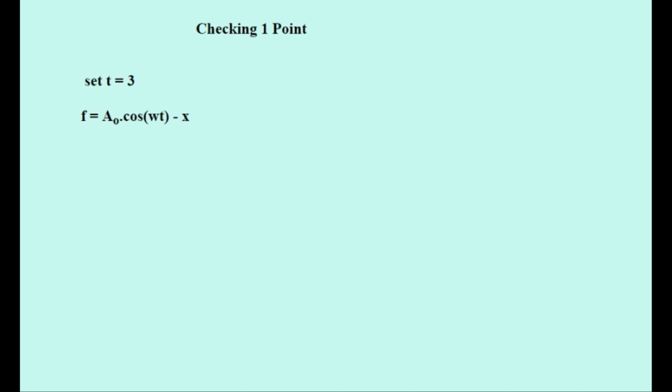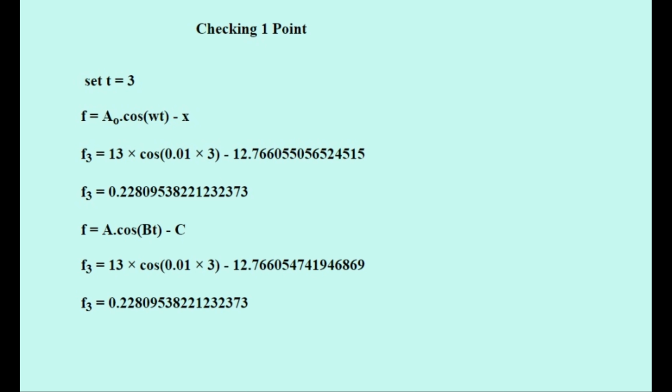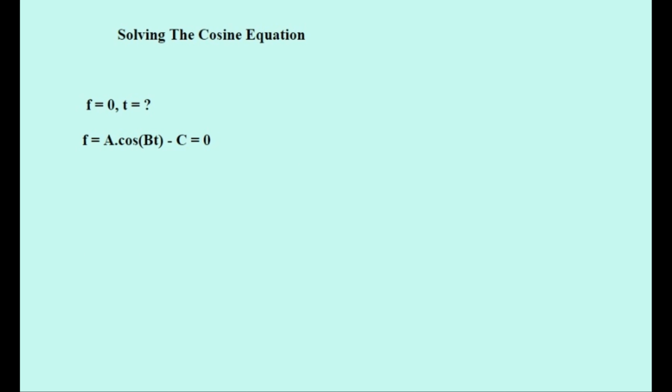And we can check it for another point, say at t is equal to 3 and f3. And this is what f3 is from the original function. And this is what it is from the reconstructed function. And the two functions look the same, but the computer had to find a, b, and c from f0, f1, and f2. And now to solve this equation, we have to find the value of t when f is equal